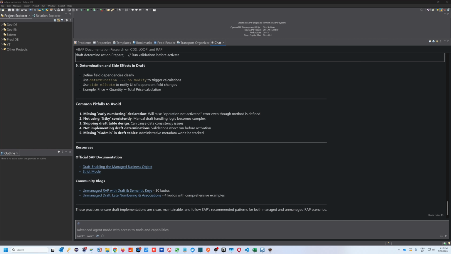The next question is about Clean ABAP and best practices. So, how should exception classes be structured according to the Clean ABAP style guide?